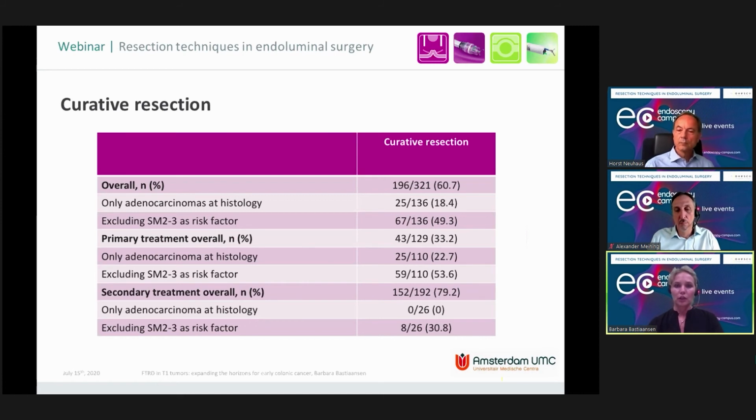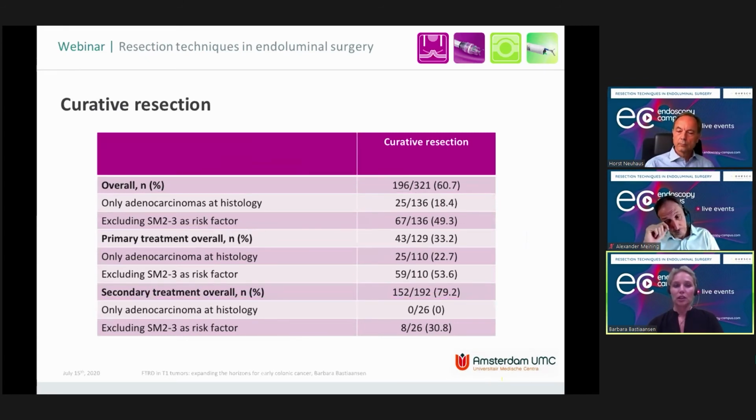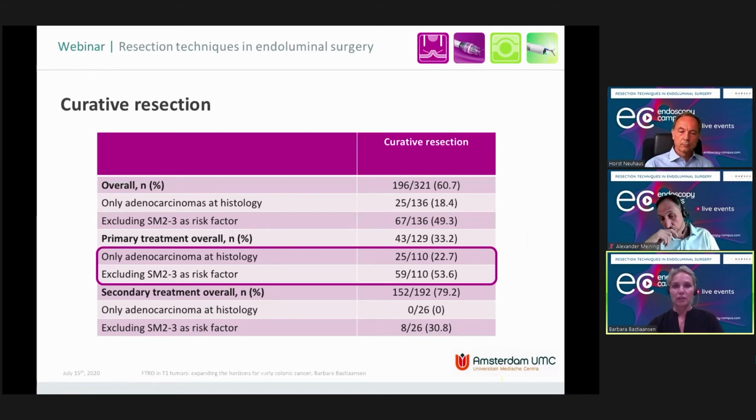Then the most important, of course, is, the technical aspects are nice, but what about curative resection? Overall, a curative resection was achieved in over 60%. For the primary treatment group, the overall resection rate was 33%, and in the secondary treatment group nearly 80%. But then if you only look at the cases with adenocarcinoma at histology for the primary treatment group, so only the lesions that actually turned out to be cancer, a curative resection for the traditional